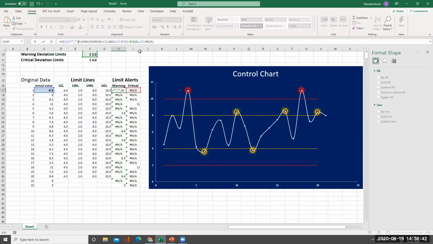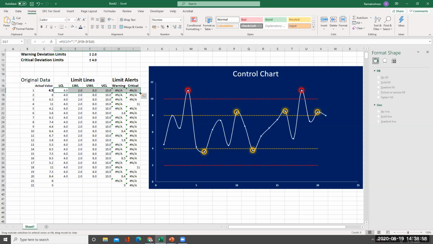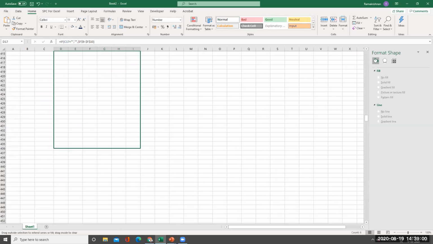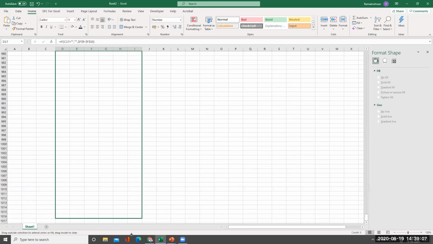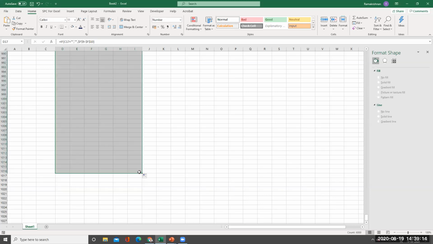Don't bother, even if it is a big formula, this will not go wrong, right? Because I'm just going to add the same only, Control V and close bracket. Now all I have to do is select these 4 and go all along up to 1016 rows. See here, now I'll not make a mistake. I'll go up to only 1016, right? D to I 1016.